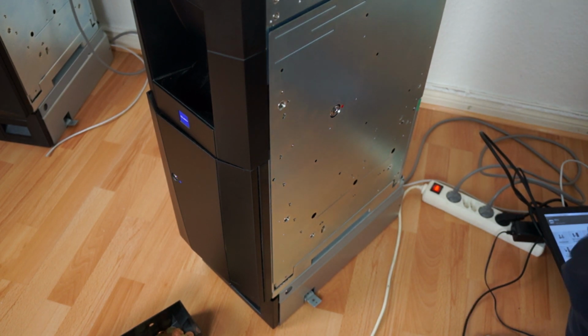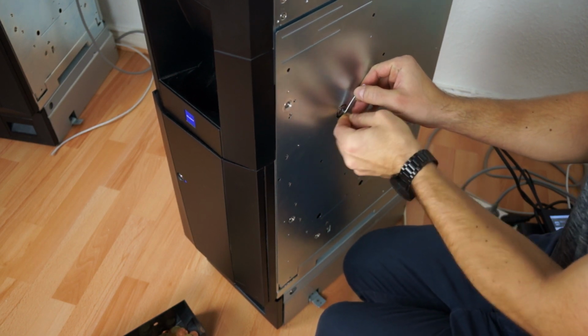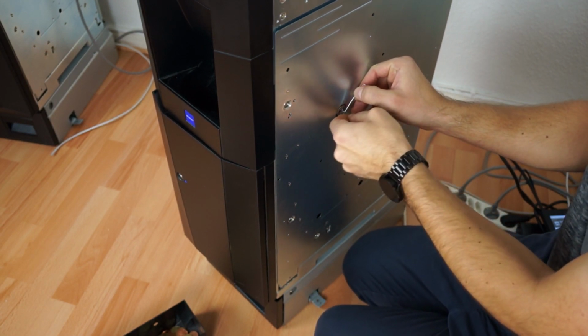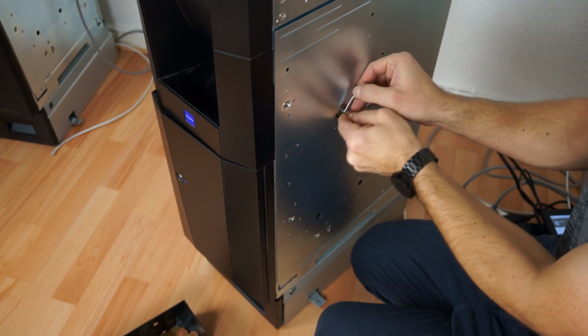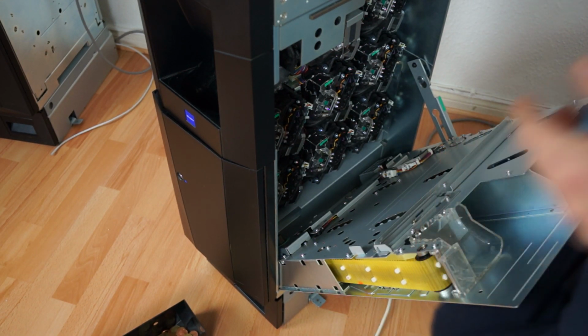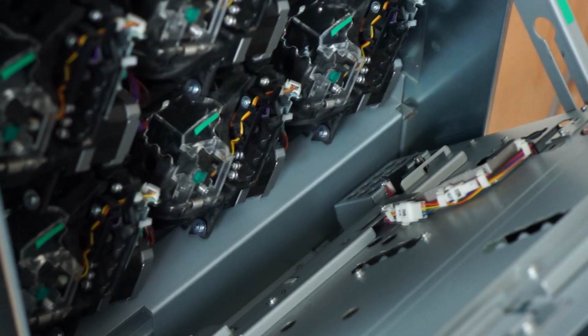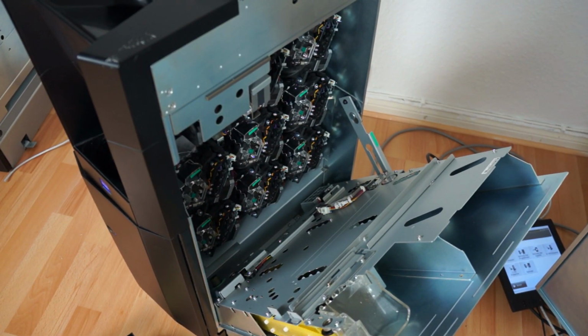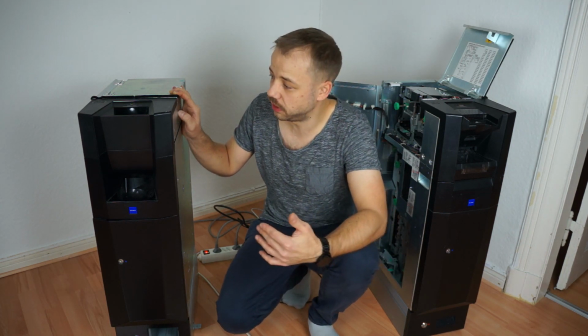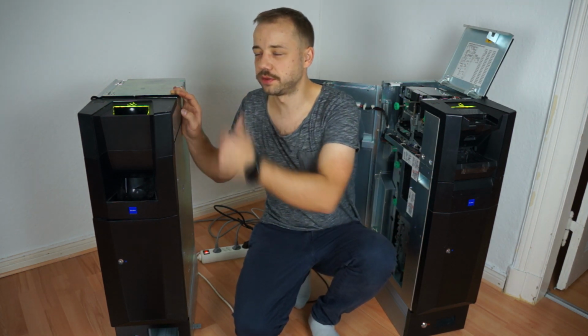So let's also take a look again into the coin acceptor, where we have more or less the same lock, and it's really like so. And here again we have these hoppers, and it really looks kind of cool to see them aligned like this. We have these 8 values. And so that's it already for the basic function with the system in a normal mode